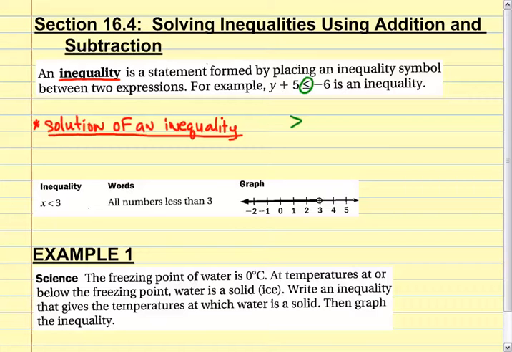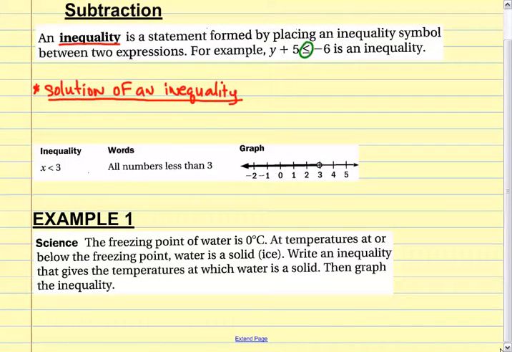Okay? It could be the greater than sign. It could be the less than sign. It could be greater than or equal to. It could be less than or equal to. Okay? Those are the 4 inequalities. All right? So for instance, let's look at